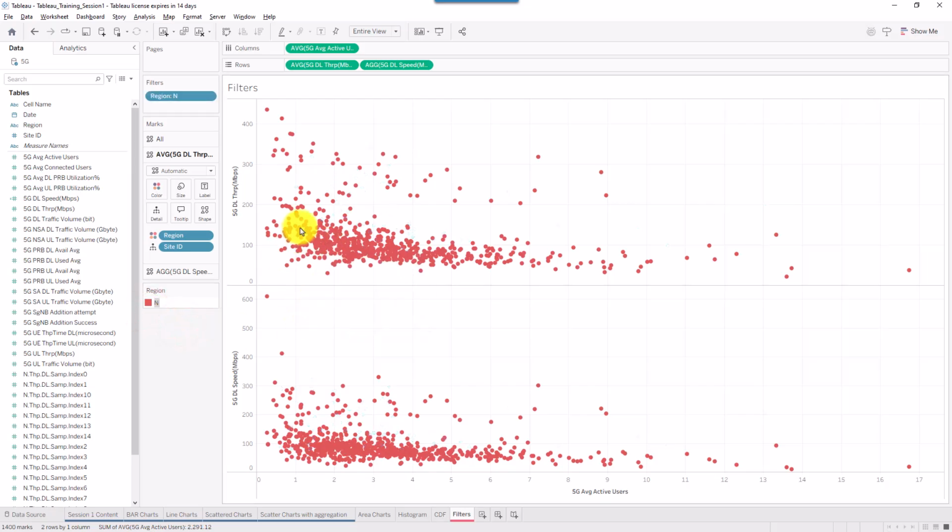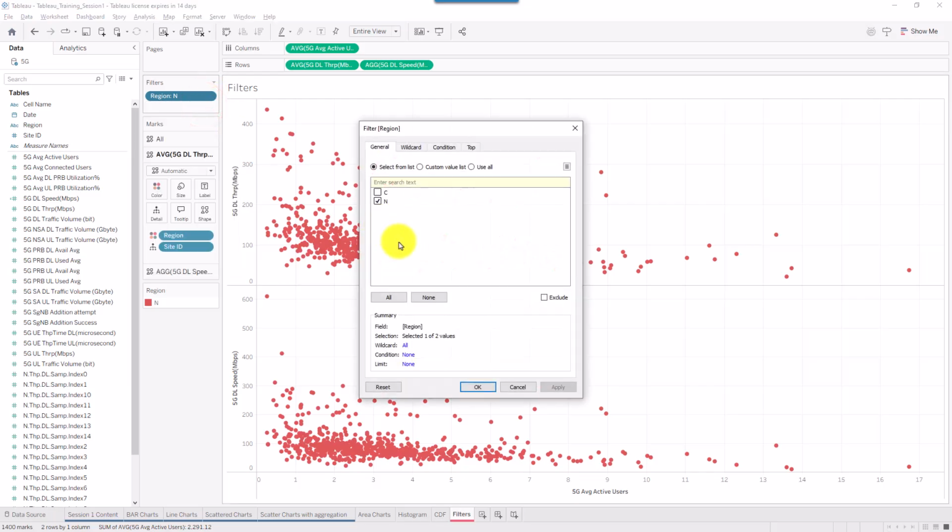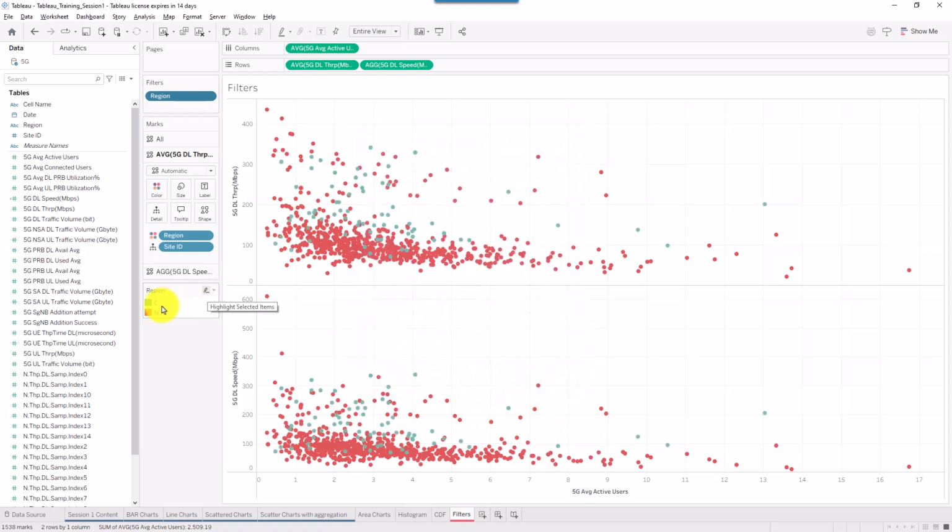If I make keep only, you'll find that it has already hidden the remaining parts for the central region, right? And you'll see that in the top left here in the filter pane, it's adding the region as a filter now. So if I click into here in the filter now and left click, make edit filter, you will find that it's selecting only N. So if I click back and I click C here, it will get back the C, right? So if I take this out, now you understand that if you would like to make a filter, you